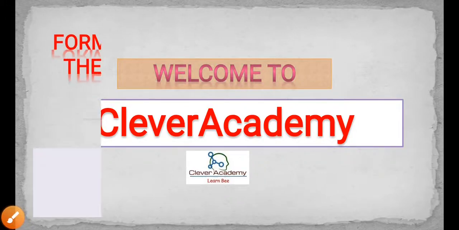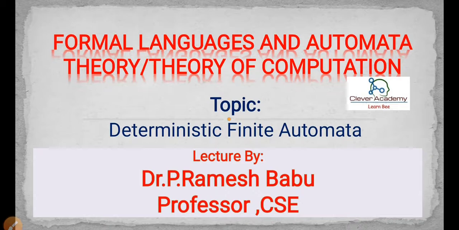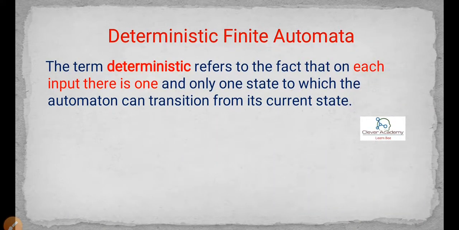In this class, we discuss a very important topic in the theory of computation and formal languages: deterministic finite automata, in short, DFA. As we discussed in the previous classes, finite automata have two categories: deterministic finite automata and non-deterministic finite automata. In this session we discuss what a deterministic finite automaton is, what the key factors in a DFA are, and how to recognize particular elements.